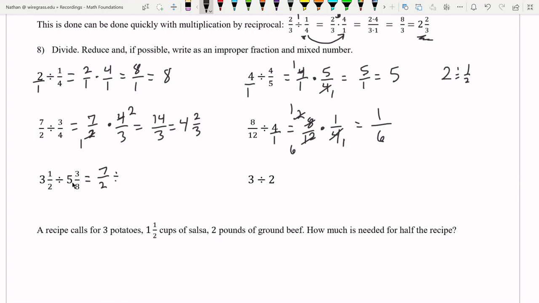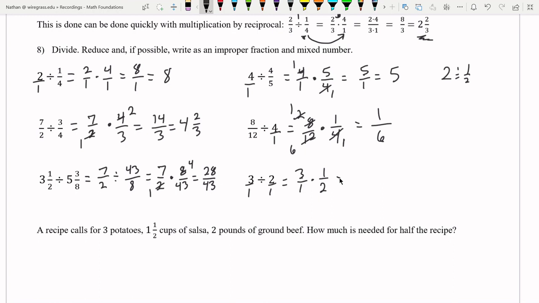I'm going to change this first into an improper fraction, then flip it. 8 times 5 is 40, plus 3 is 43. Now I can multiply by the reciprocal. I can cross cancel here. It gives me 28 over 43. That cannot reduce. Finally, 3 over 1 divided by 2 over 1 is going to be 3 over 1 times